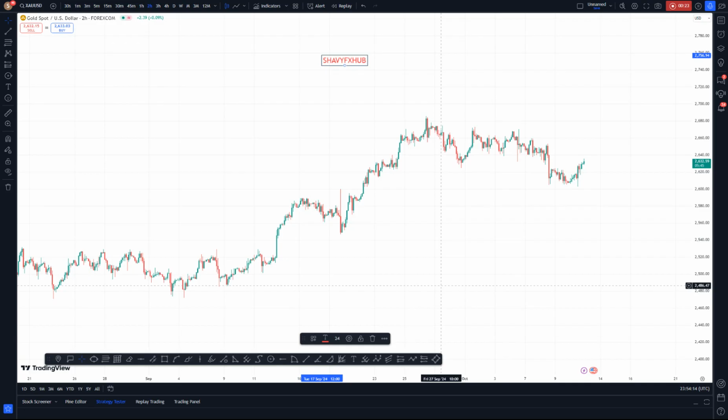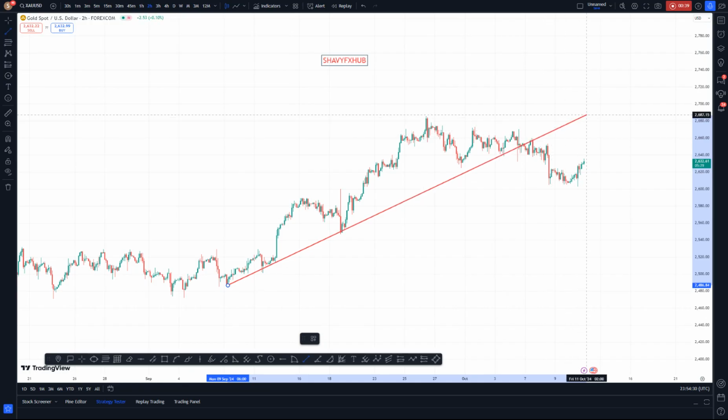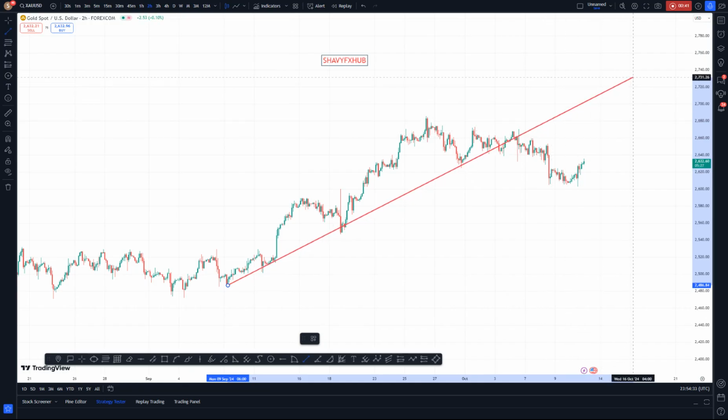But the biggest question is, will our 1000 pip drop correction happen or not? But let's dive into the structure and look at it critically to see what transpired and when the structure was finally broken. We look here at a 2 hours chart. On the 2 hours chart, I do like to take